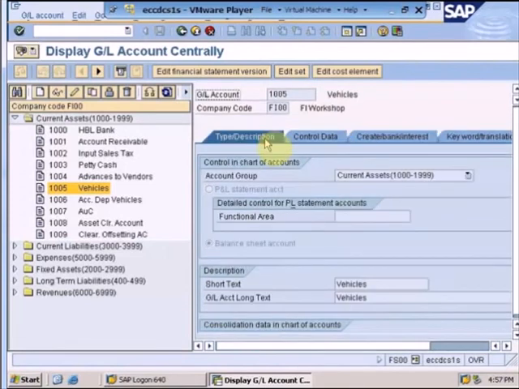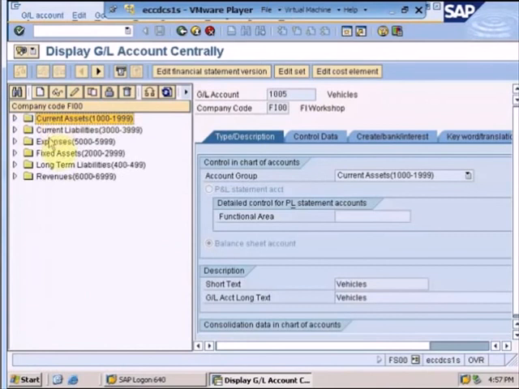So to sum up this topic, we first defined the chart of account and we configured the chart of account and we assigned it to our company code. Then we configured account groups. As you can see, these are the account groups that we configured, and account groups, they control the number range for a GL account and the field status for that GL account master data being opened under the particular account group. Then we understood the concept of chart of account segment and company code segment.